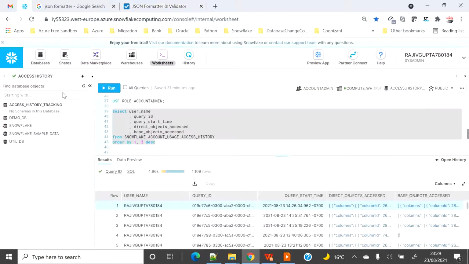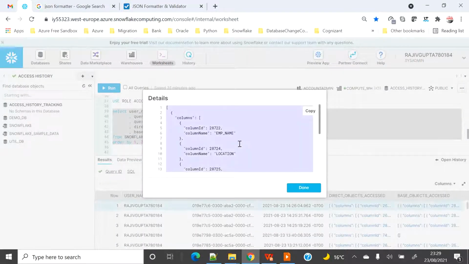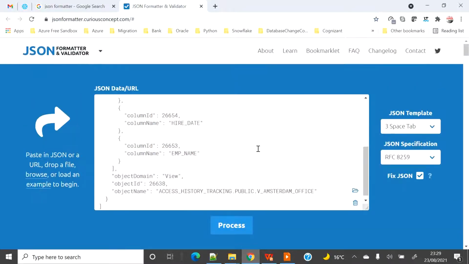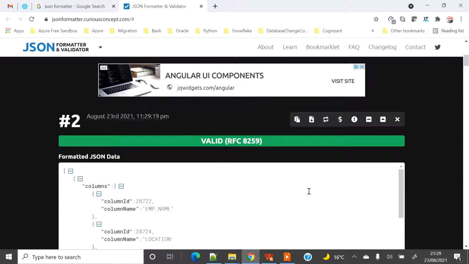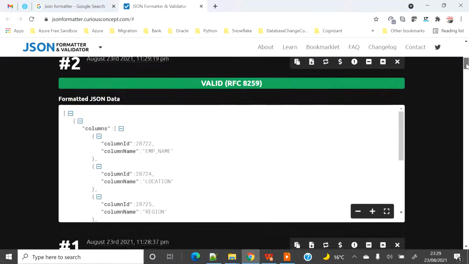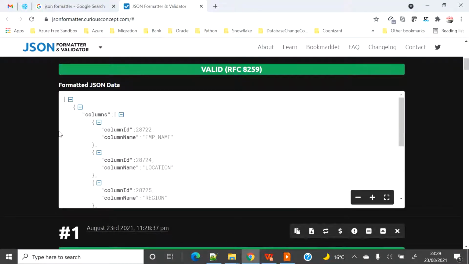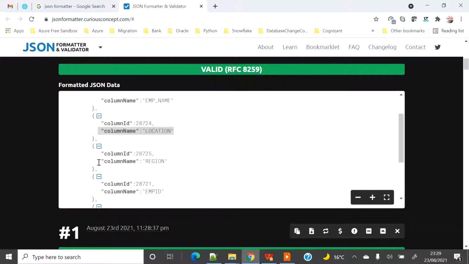Now let's go back, click on the base object, and see what has been captured here. Let me copy it here and reformat it. Yep. Now we can see that under the base object I am also getting all the columns, because I have not restricted anything on the base table.